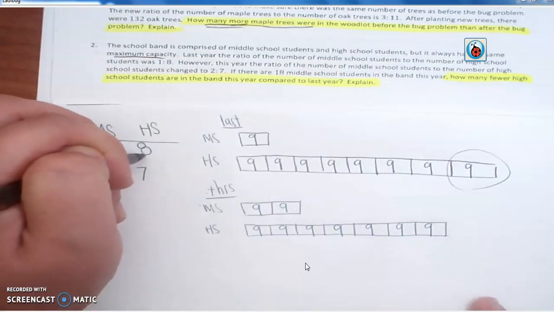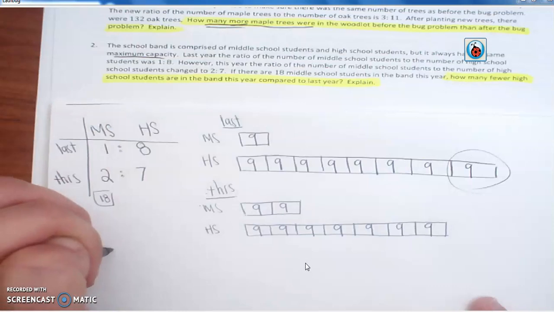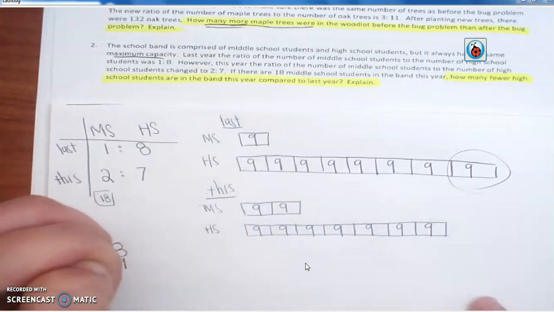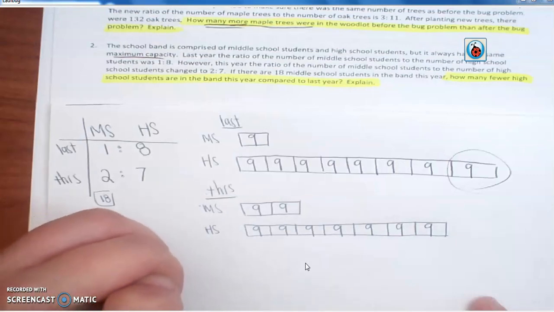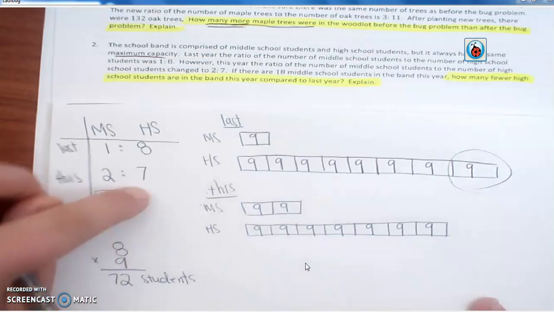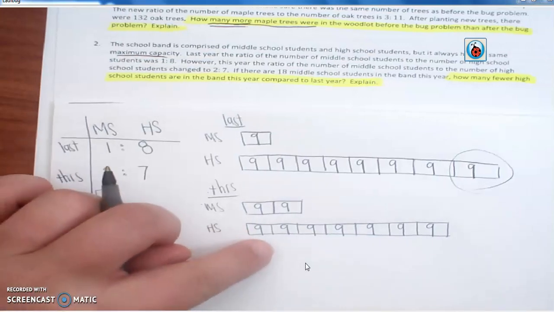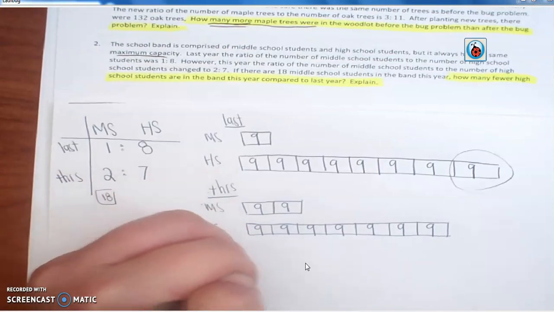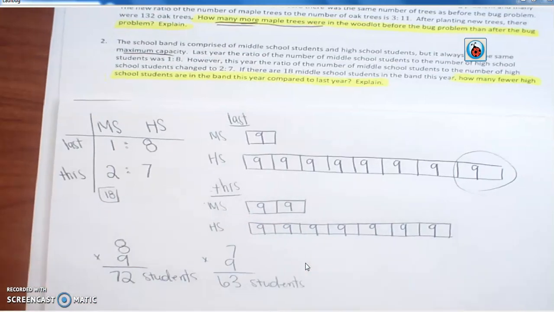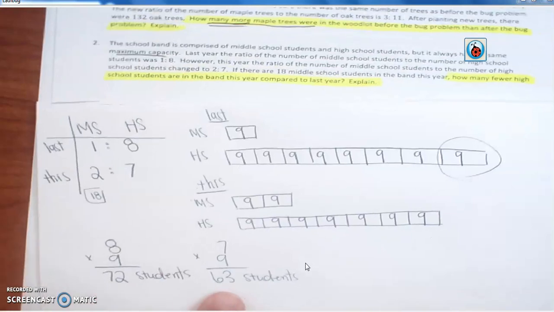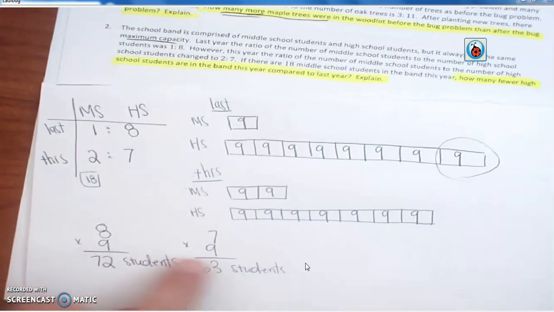So there's 9 in each box. I go back up to my ratio. Last year there was 8 times 9. Okay, 8 times 9, we should know that one from our multiplication chart. 72 students last year. This year it dropped to 7 times 9. Okay, 7 times 9, we should also know that one. 63 students. Okay, so then you just figure out what's the difference between 72 and 63. Okay, it's just one math fact off from our 9, so we know it's going to be 9. Okay, so that means 9 fewer